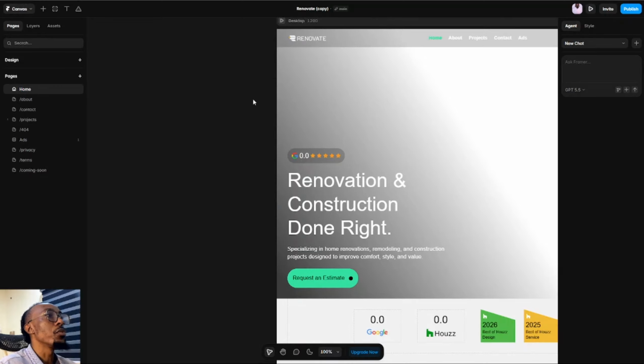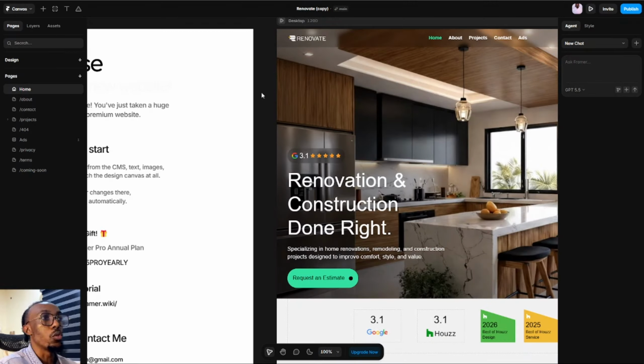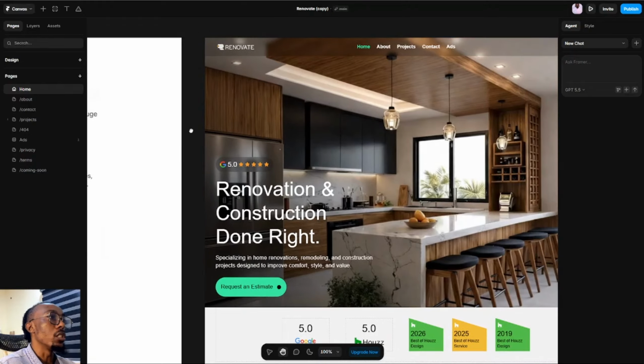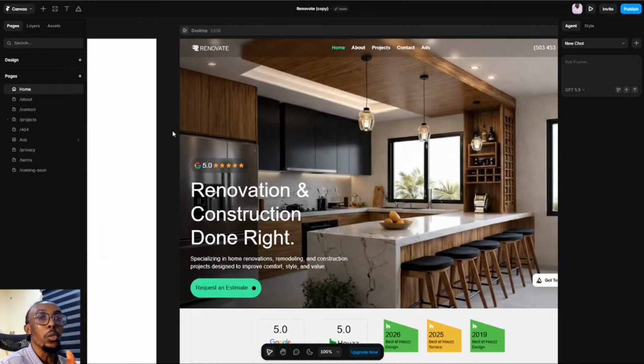After you've customized your template the way you want, it's now for you to add the SEO. The first thing you're gonna do is you need to get the SEO image. After you've added your own videos and image, you need to get the SEO image, the image people will see when they browse your website on Google, the image they will see first. So to get that image, you need to first of all go over here, click on this preview,